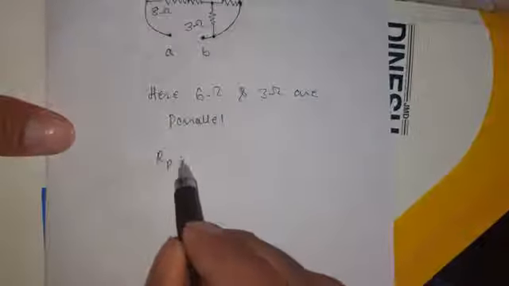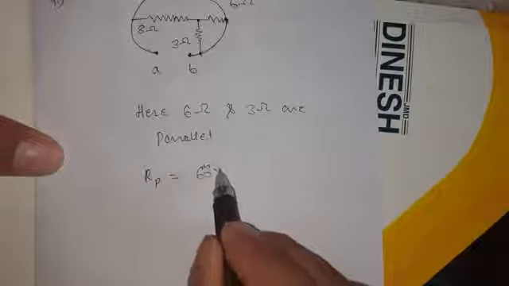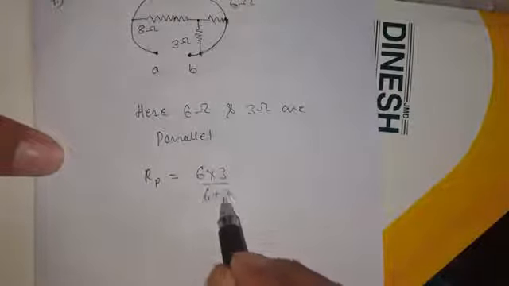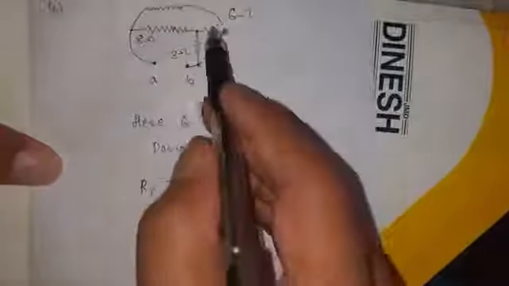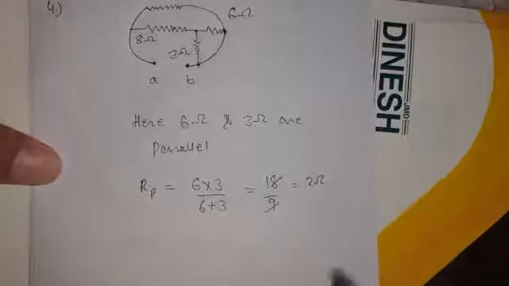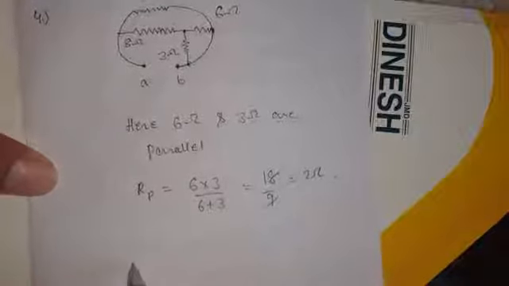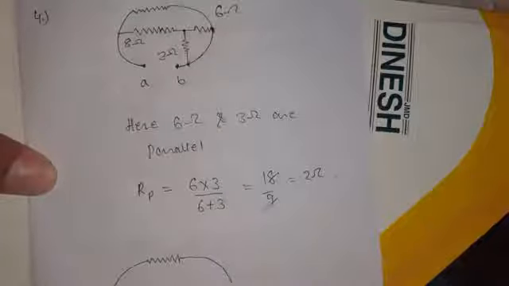Okay, so if we have two resistors in parallel, the equivalent is the product upon the sum, so it is 18/9, that means it is 2 ohm. So it means that replacing these two, we can use a single 2 ohm resistor. So thus I am going to do this one. Here it was 6 ohm and this was 3 ohm, and there it is only a single one which I am going to use. So this is a single one.